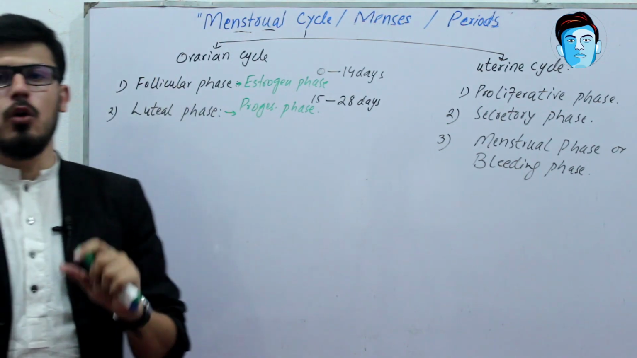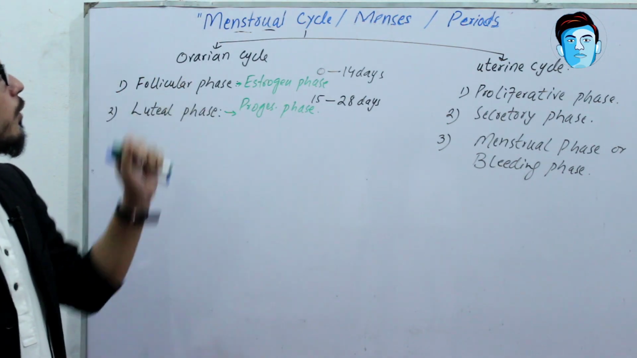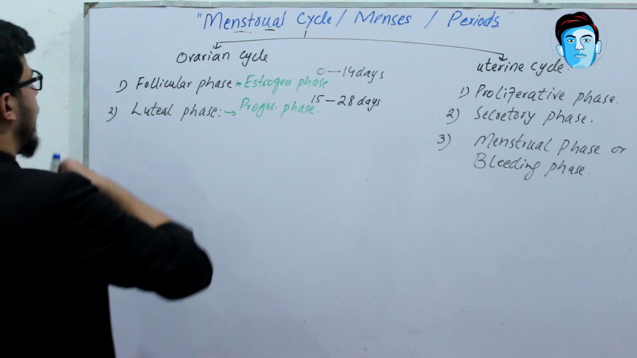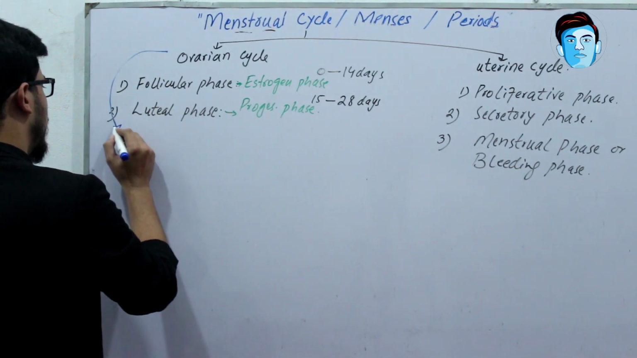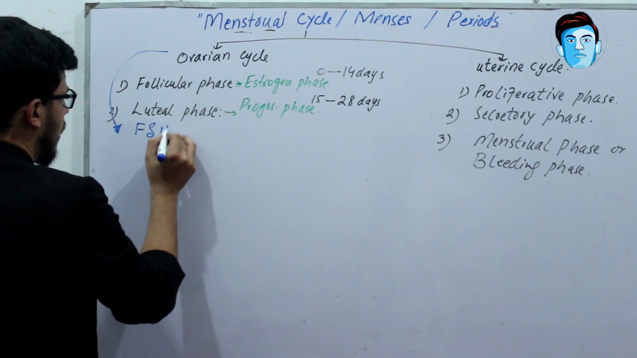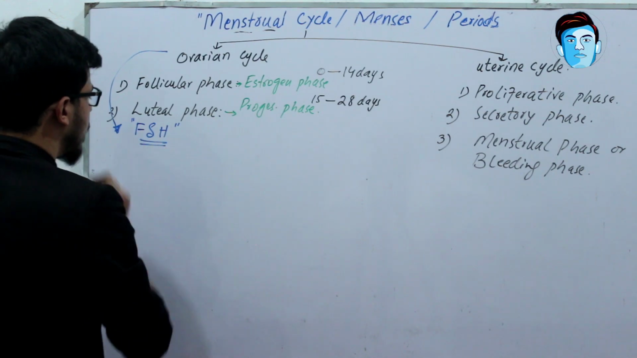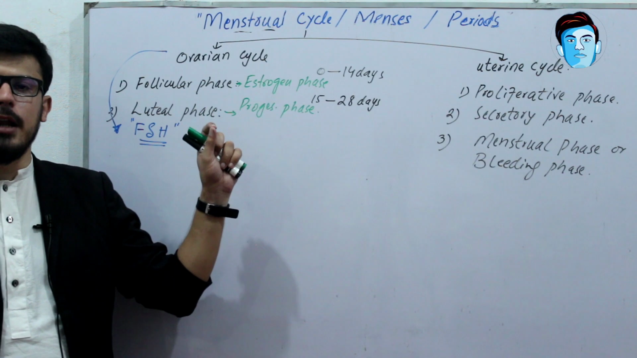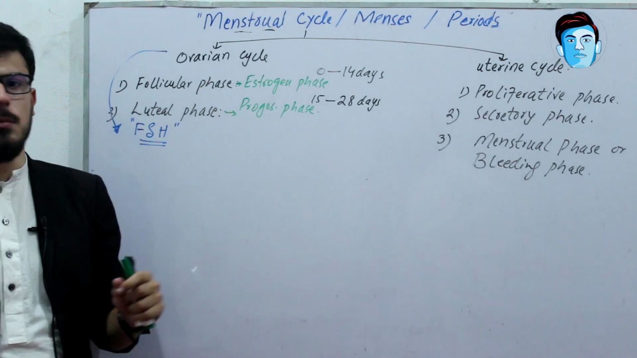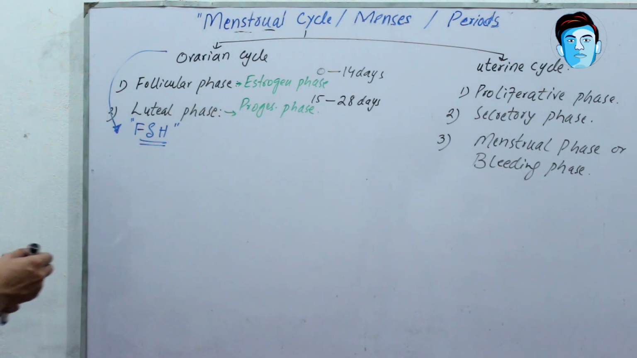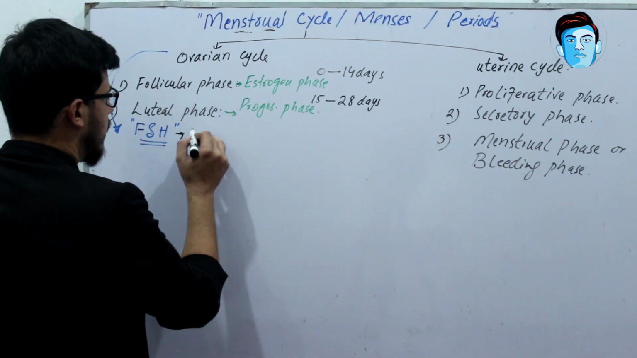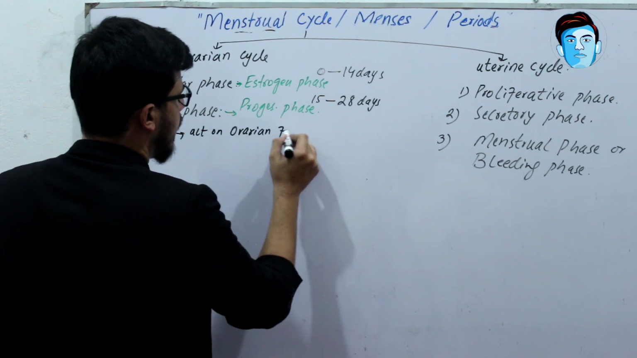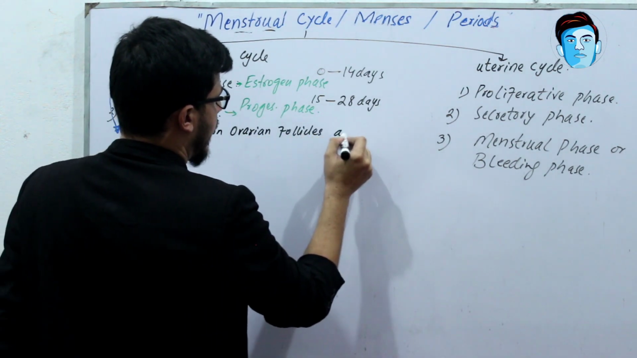Now let's understand the ovarian cycle. This ovarian cycle is initiated by a specific hormone that is called FSH. Now FSH is follicle stimulating hormone. As we discussed earlier, it is released from the anterior lobe of the pituitary gland on stimulation by the hypothalamus. Now what does this FSH do? This FSH acts on the ovarian follicles and stimulates the